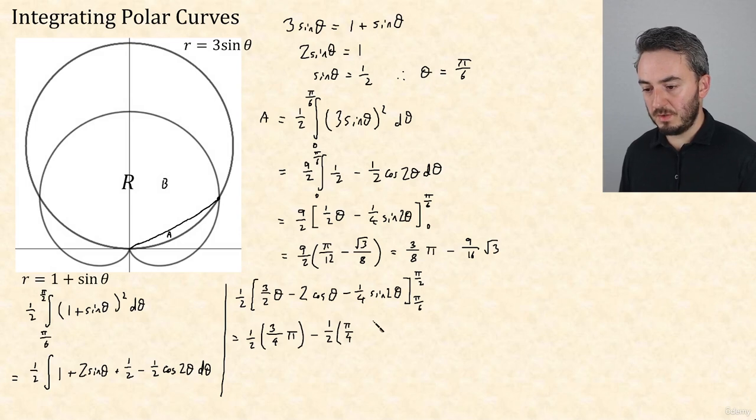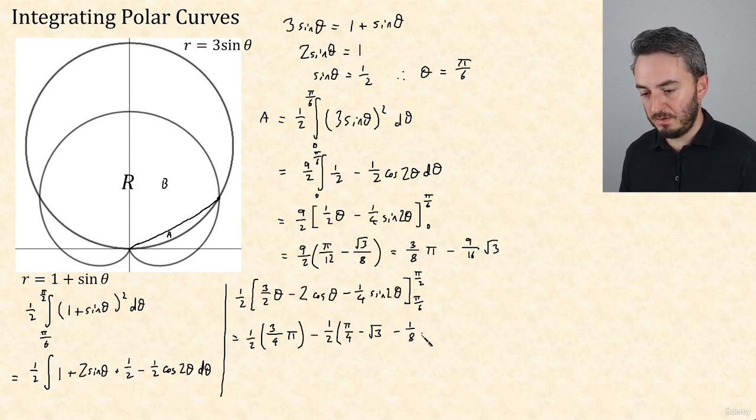Then minus 2 cos pi over 6. Cos pi over 6 is root 3 over 2, and I've got 2 of those, so minus root 3. And then sine of 2 pi over 6, let's do this on the calculator. So we've got sine pi over 3, and then that times a quarter, so root 3 over 8, minus